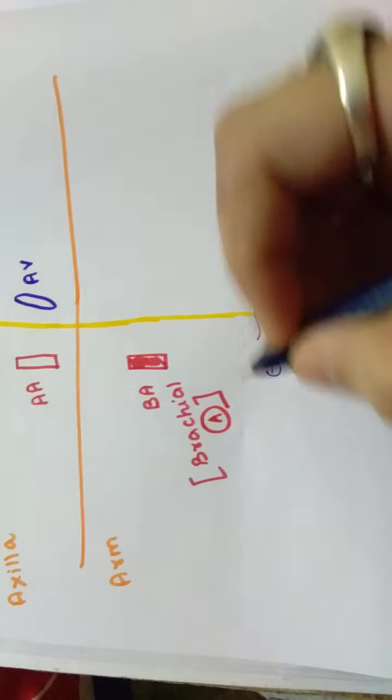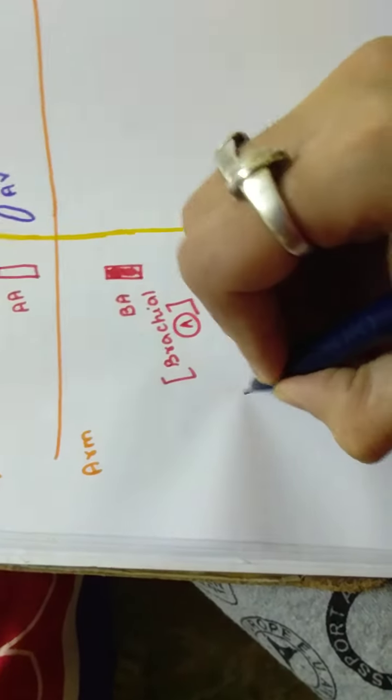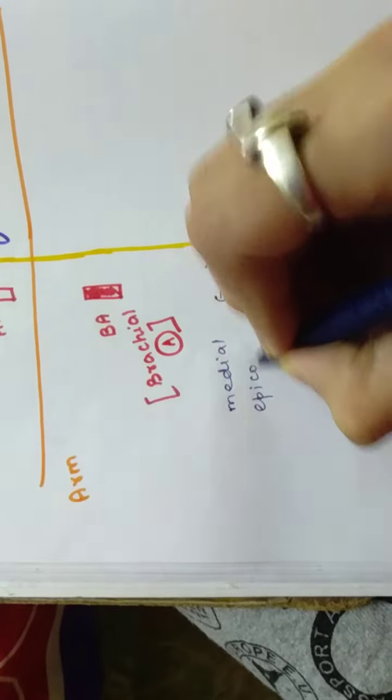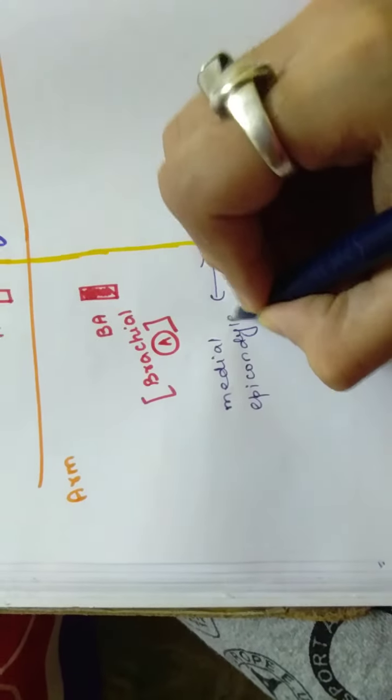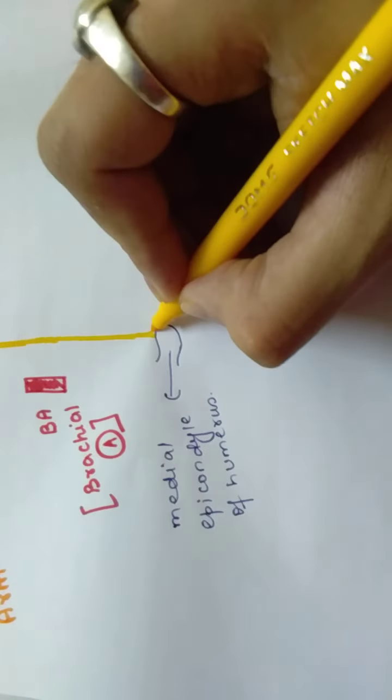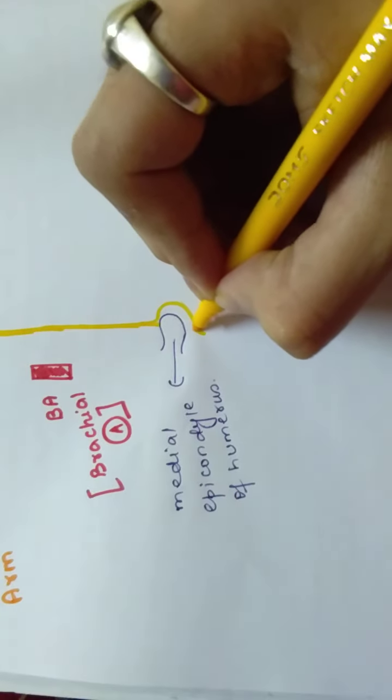It is known as the medial epicondyle of humerus. Medial epicondyle of humerus. So what will the ulnar nerve do? It will go behind the medial epicondyle,